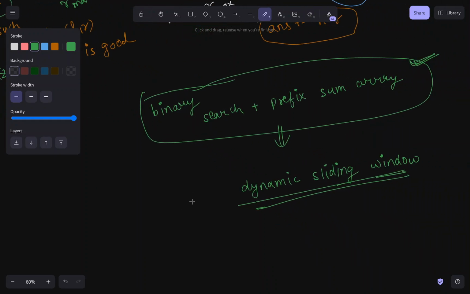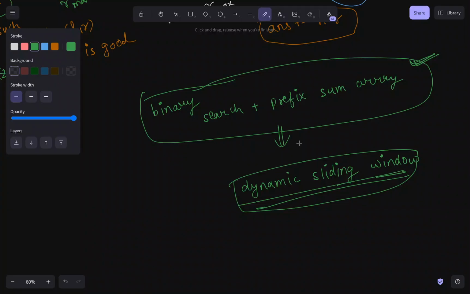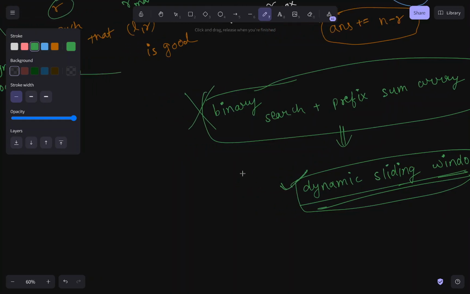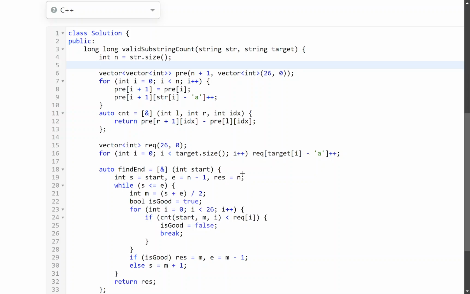And you will see that in the fourth problem, which is nothing but a follow-up problem of the third problem, the constraints are tight and this does not work out there. So we will have to optimize this to dynamic sliding window. But it won't be complicated. It would be very simple. Okay, so